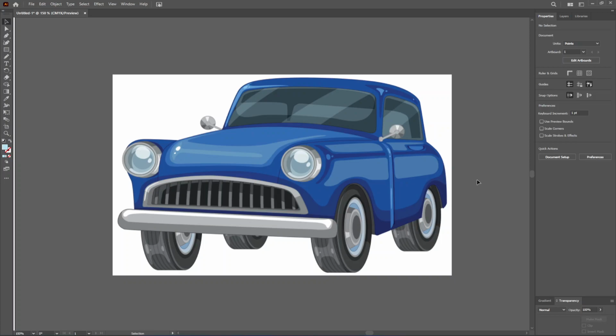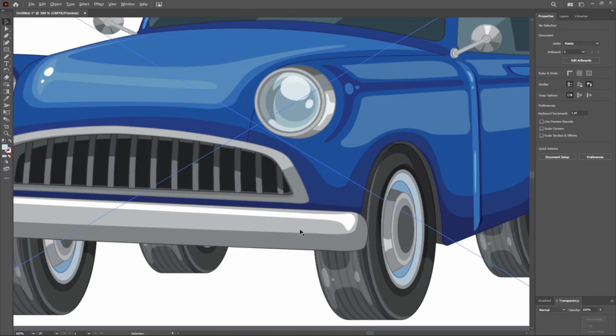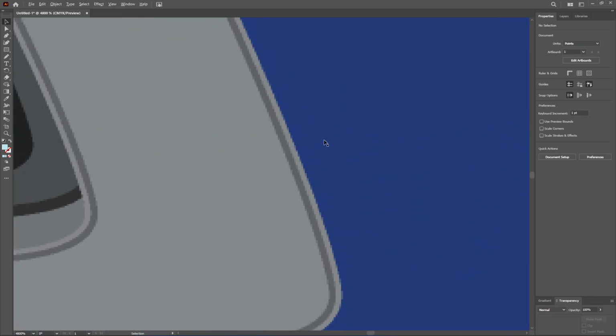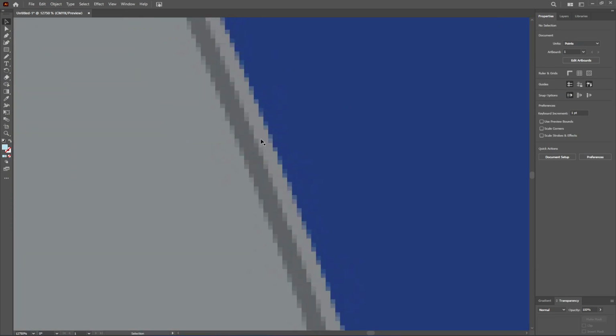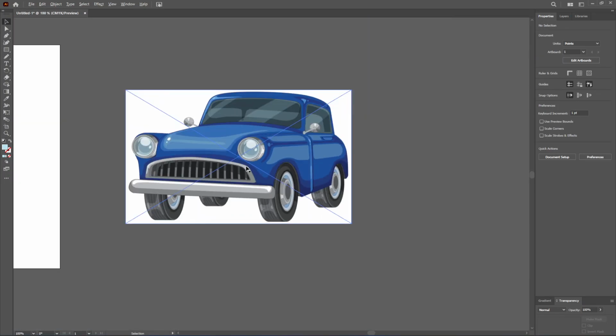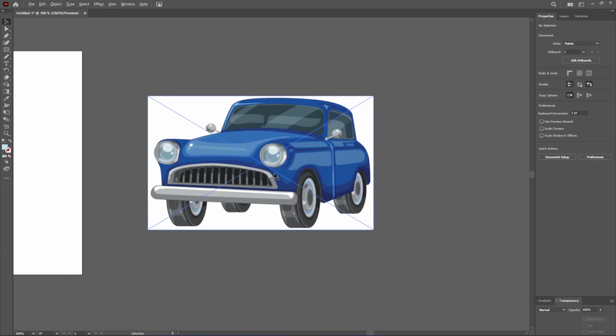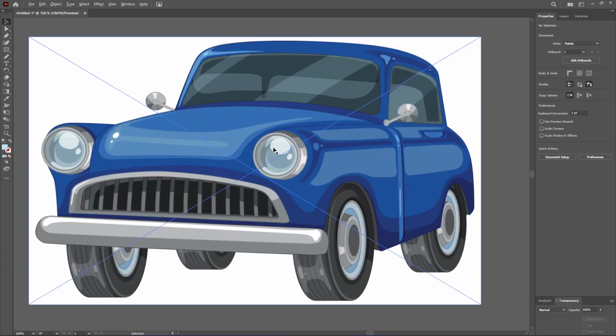How to turn an image into a vector file in Adobe Illustrator. To show you this, I've prepared this image of a car here, and as you can see, it's a raster image because the more I zoom in, you start to see these individual pixels. And if we want to scale this up to a very big size, we will start seeing these a lot more often. And that's why we want to turn it into a vector, because no matter the size, it will